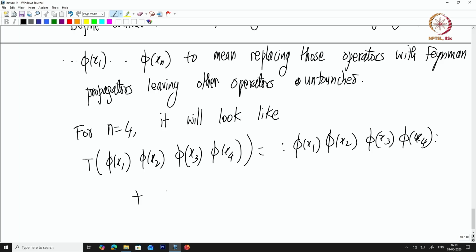So you have phi of x1, phi of x2 contracted, which I will denote this way, and the other two fields phi of x3, phi of x4 normal ordered,